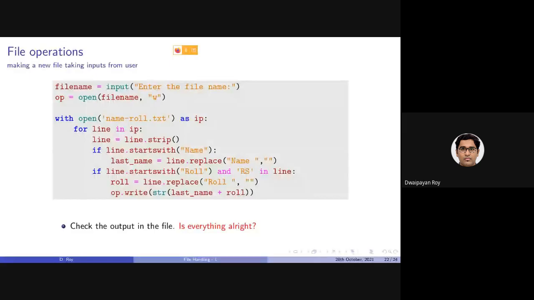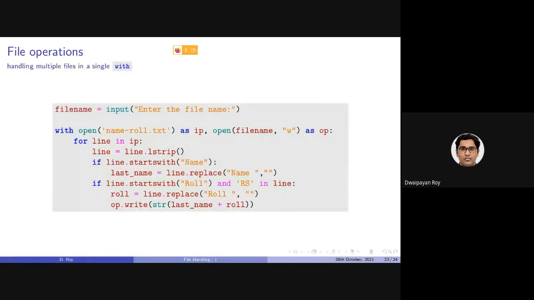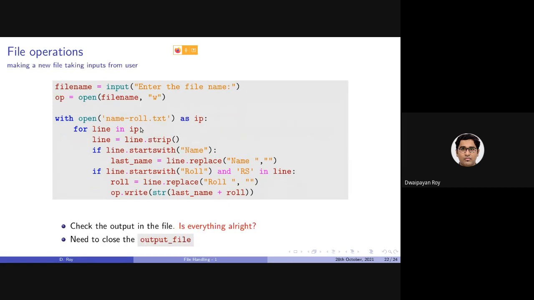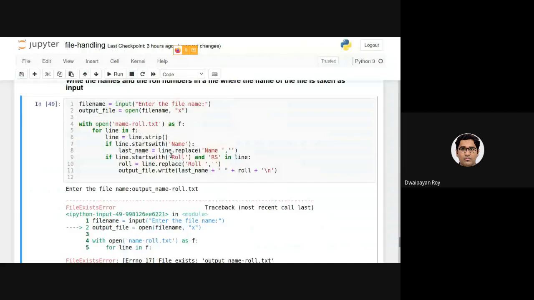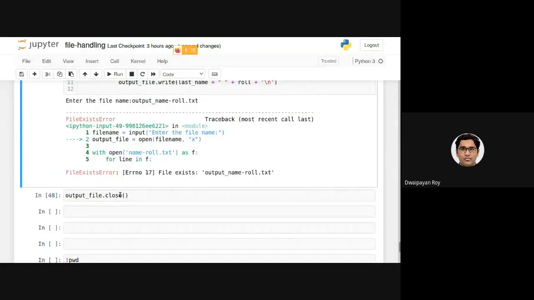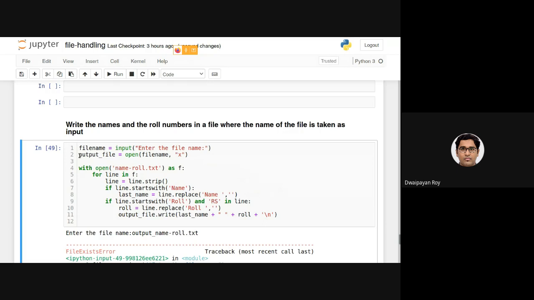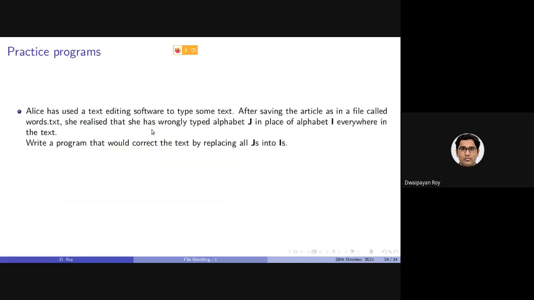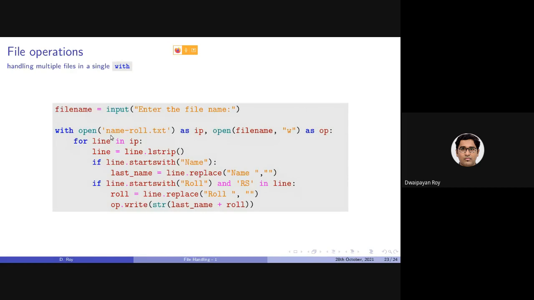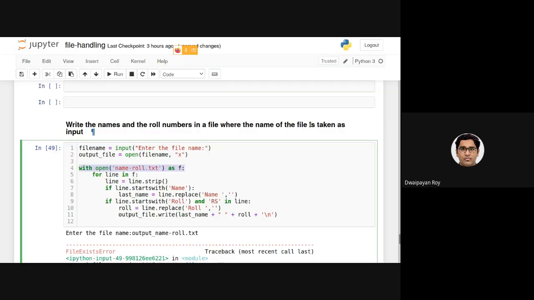Okay, so we need to close the file. We will be concluding today's discussion with just this small hack here. As you can see in this code, I need to close this file because I have opened it outside this with block. I can actually specify multiple files in a single with block. So with open, this for reading and this for writing. I can write this.